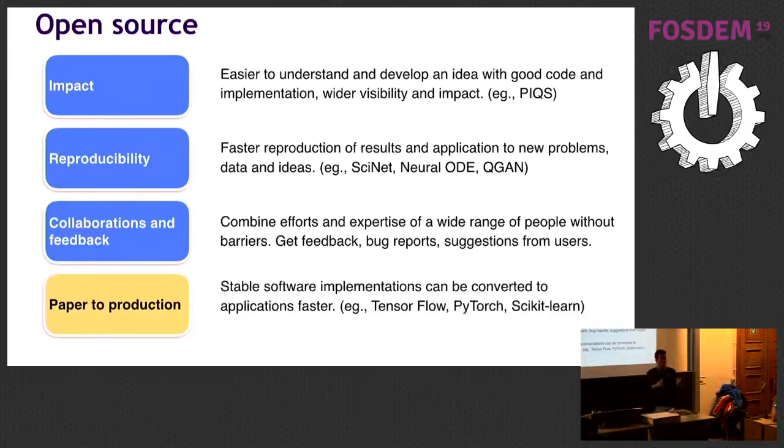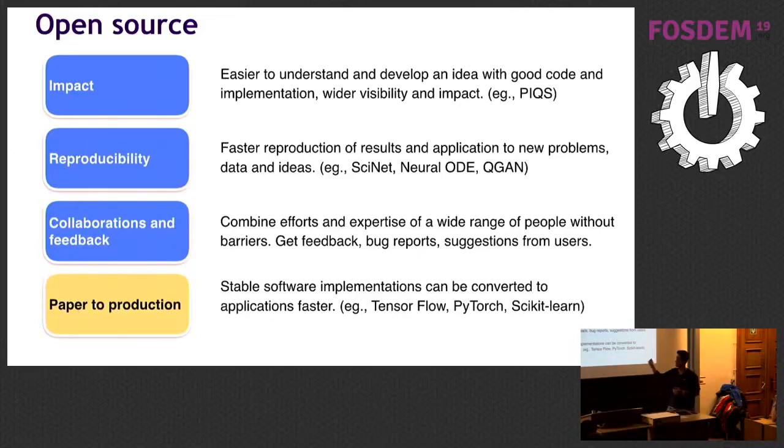And not just any code that you write. Most people are scared of publishing their code because, okay, you write some spaghetti code, you don't want others to see your ugly code. But if you actually incorporate this open source way, which I'm going to talk about a little later, you're really making your research much more impactful. Of course, reproducibility: we have seen in machine learning and neural networks that this reproducibility problem came up. So now more and more people are trying to at least give the data, the techniques, the hyperparameters when they're training their model so that people can easily reproduce. For quantum physics also, this is a very good thing.